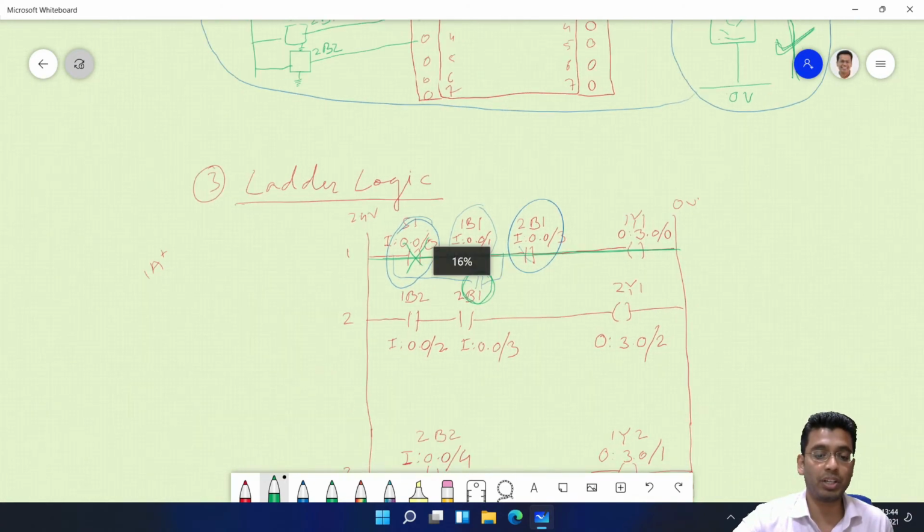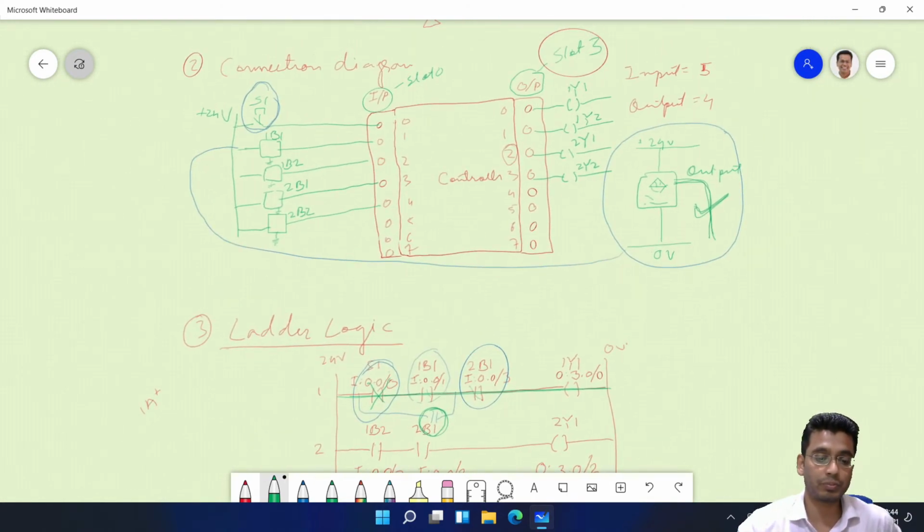See, it is very, very important. In case of a parallel connection, if the push button is not pushed, it will still start working. The push button is of no use. That is why I wanted to explain here. Even if you don't add a push button, it will still work, and it will work continuously. The moment you switch on the PLC and give power, this system will work continuously.